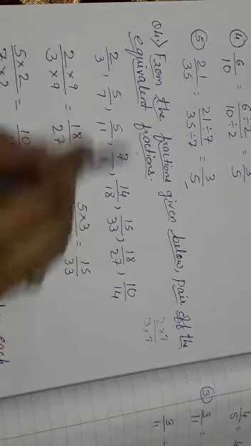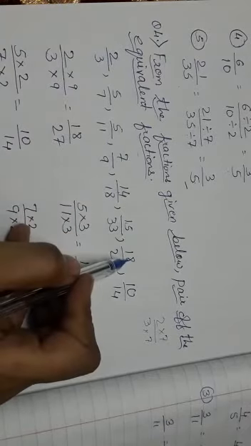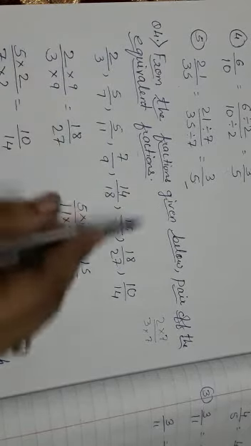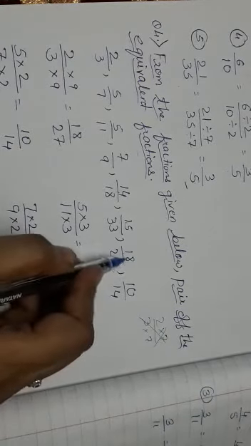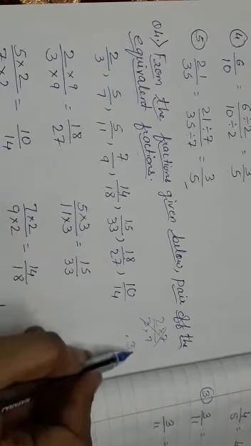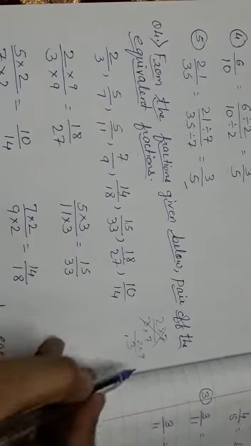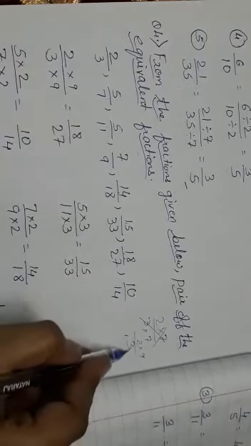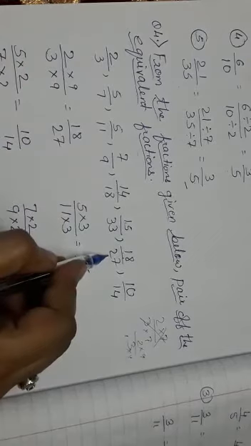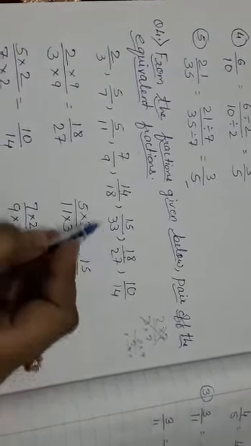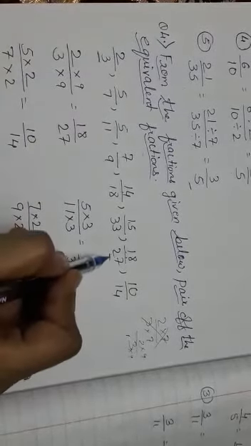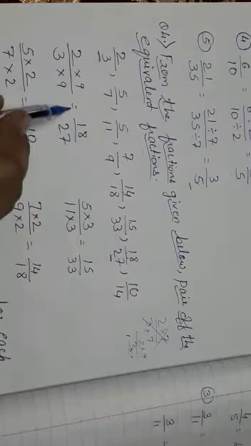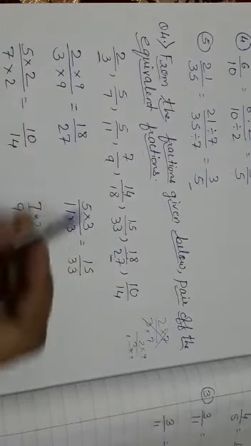Okay, now see, in the 2 table 15 doesn't come, so I will take another number, that in the 2 table 18 comes. How much is it? 2 9s are 18. Same way, 2 9s are 18, and here 3 9s are 27. Yes, it is coming. So you will write here 2 9s are 18 and 3 9s are 27. That means this number and this number are matching with each other. So that's why I have written the equal to sign.